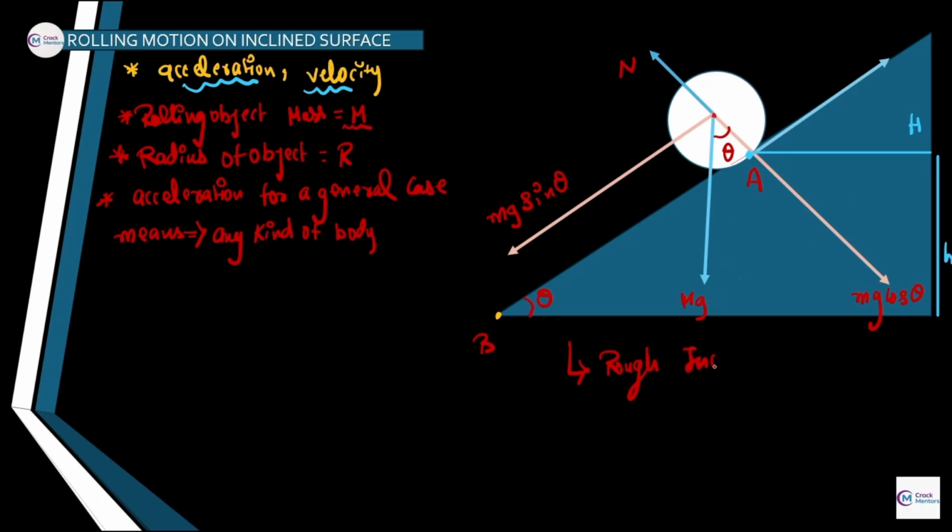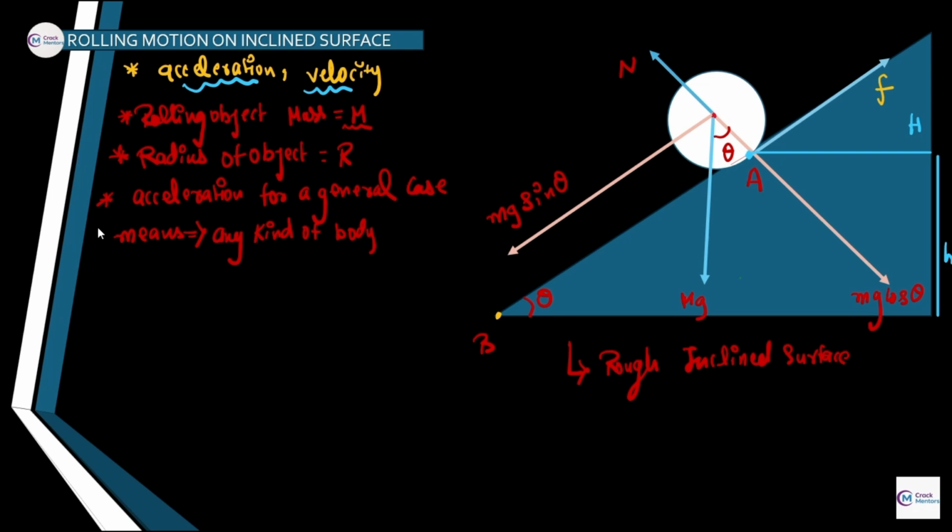Okay, now I am assuming that this is the rough inclined surface, and there are some things that I have marked: mg sin theta, mg cos theta, which are very basic, and the normal reaction. Okay, and if it is a rough inclined surface, then the blue vector, as you can see above there, must be friction. There must be friction present as well. So now let's talk about the general case. We are discussing the acceleration.